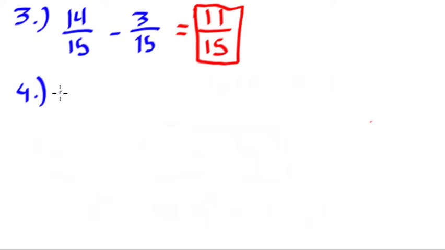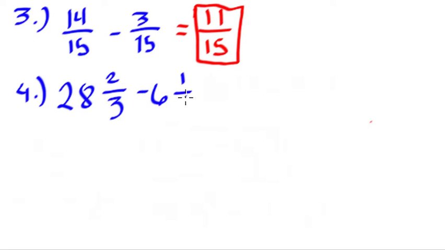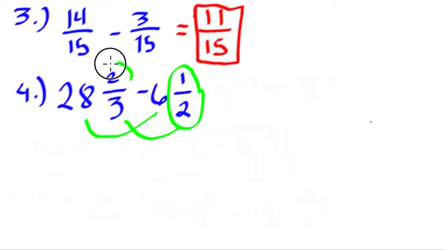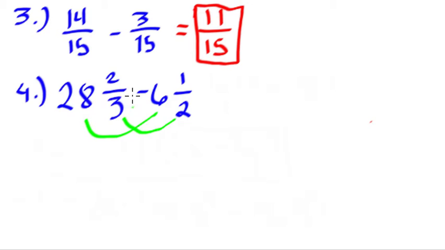Number 4 shows us 28 and 2/3 minus 6 and 1/2. So what do we do here? Remember, we deduct whole number from whole number, fraction from fraction, unless the fraction being subtracted is bigger than the other fraction. Then we need to borrow 1 from the dividend. But nonetheless, since it is not, imagine 2/3 is something like 0.66, 1/2 is 0.5, so we will have